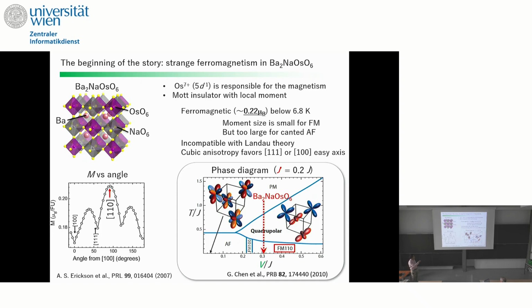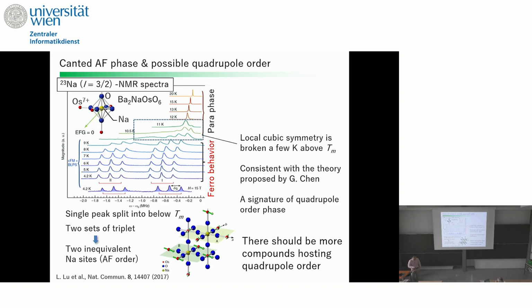So this compound shows a ferromagnetic moment, but he predicts that it is a canted antiferromagnet with an unusually large canting moment. That was his prediction, and this prediction has been beautifully verified by